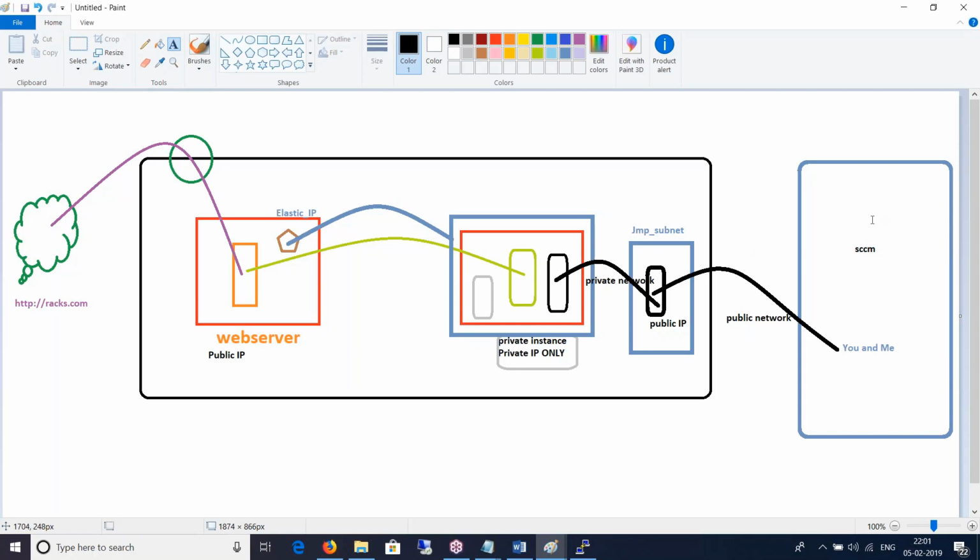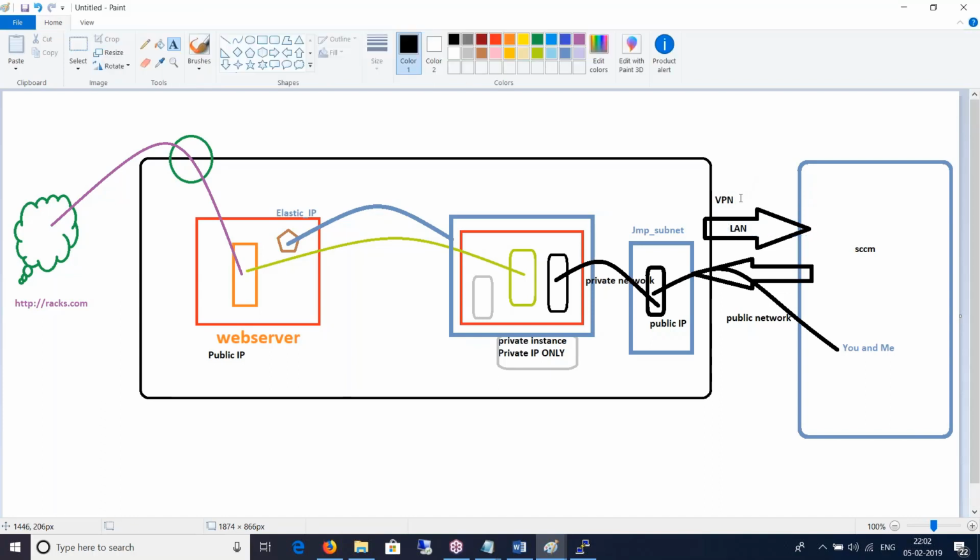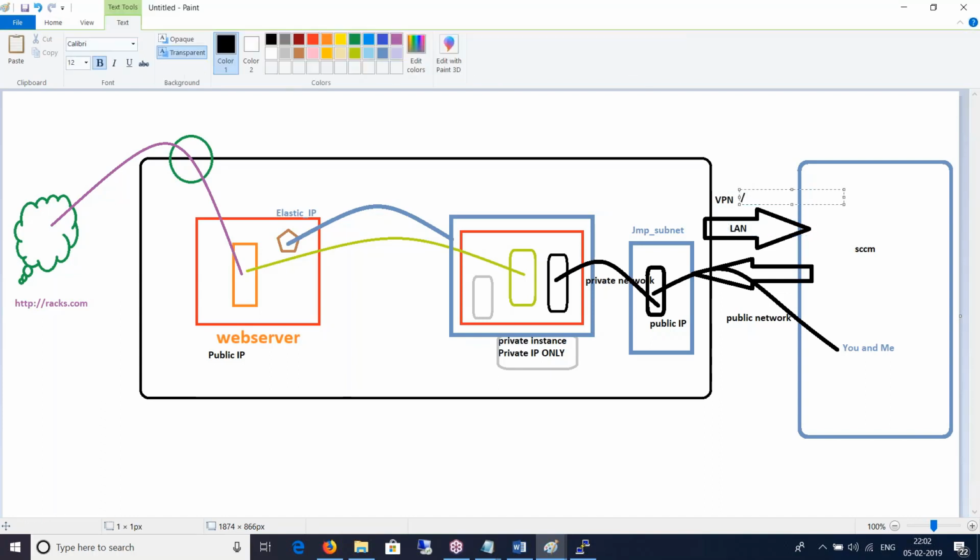So if you want to have a private communication between your on-premise and the cloud, a private setup, you will have a VPN. So you will do a VPN from your on-premise to the cloud. And when you are in a VPN, you're in a LAN, right? You're just creating a LAN setup. You can either use VPNs or direct connect.